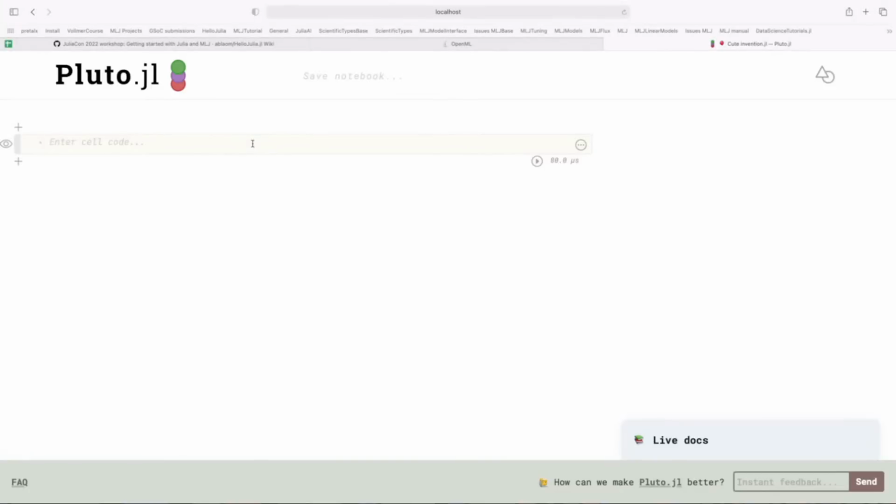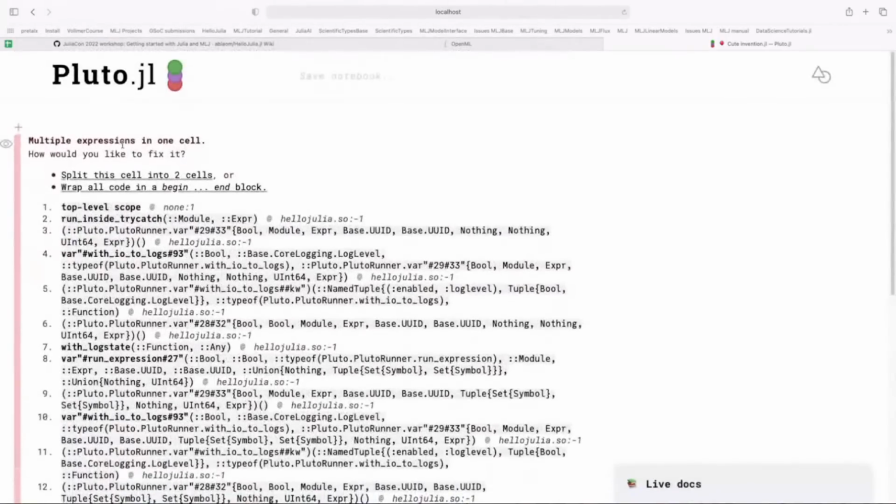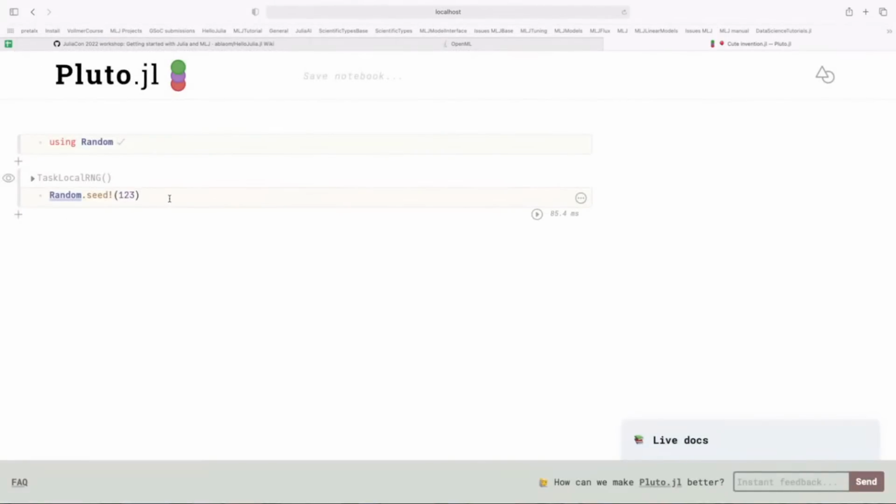So the question was about seeding random number generators. If you want your random number generation to be reproducible, then of course you need some control over that. You can do this in various ways. In Julia there's a global random number generator which is being used by default, and you can seed that global random number generator by doing the following. I think you would do something like seed 1, 2, 3, and this would then seed the